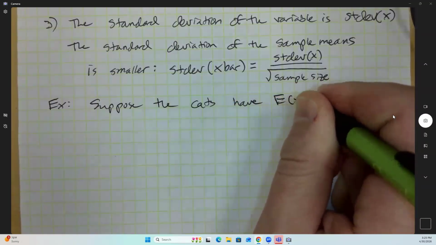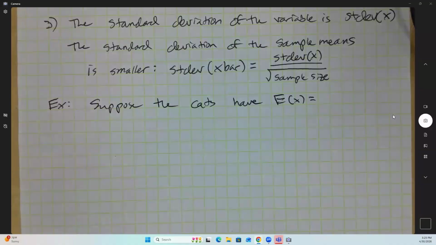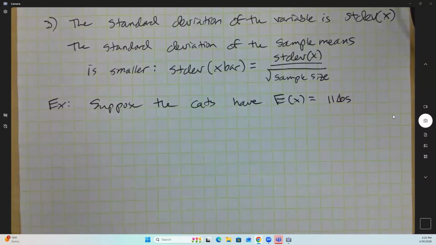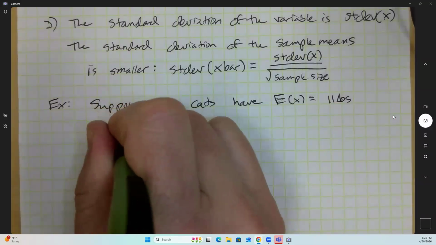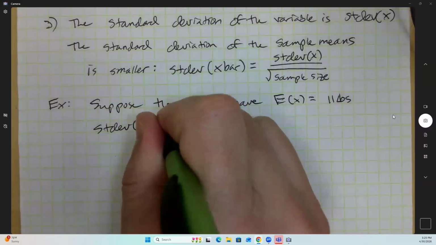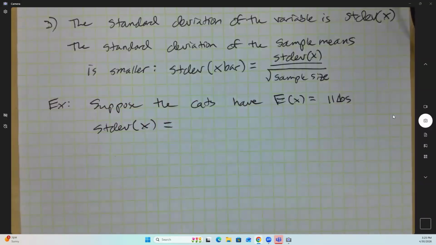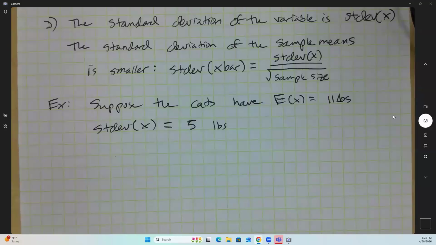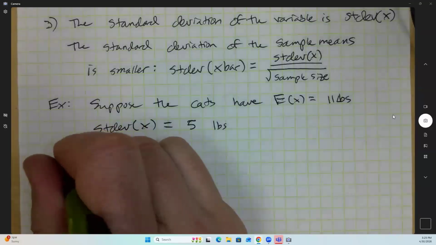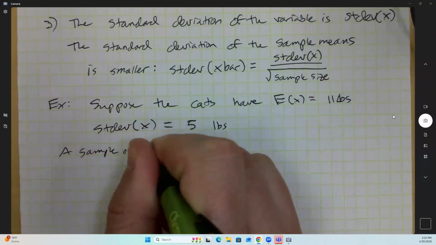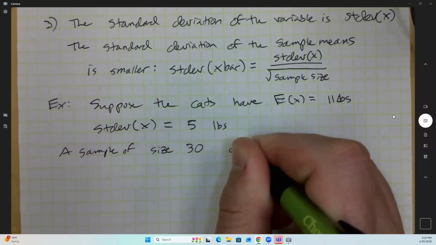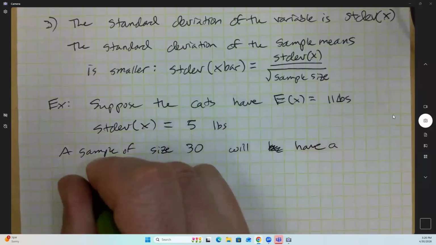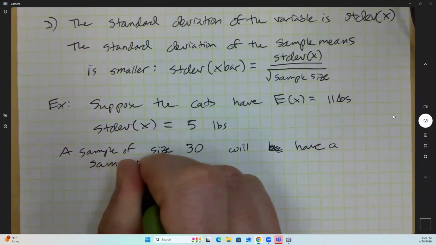So suppose the expected weight of cats was, going off here, I'd say that's 11 pounds. And the standard deviation for the cats looks like about 5 pounds, just eyeballing my picture that I drew. Okay. A sample of size 30 will have a sample mean